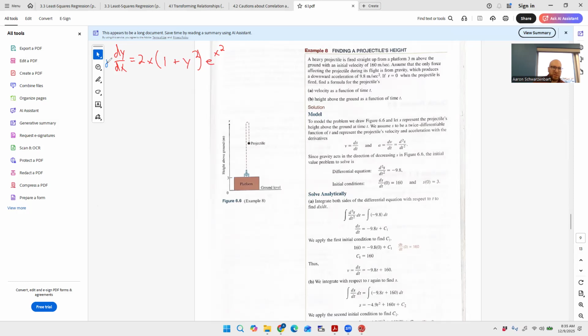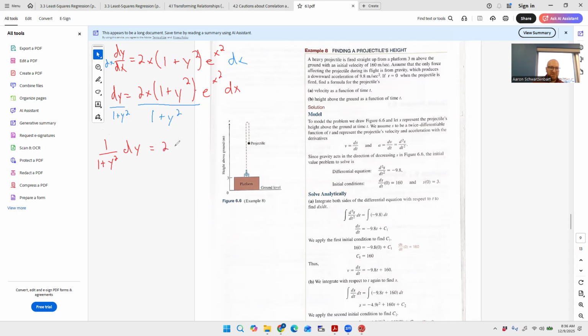So I'm going to start by multiplying dx to both sides, giving me dy equals 2x (1 plus y squared) e to the x squared dx. To move the y, I can't just move this y squared. I don't want to distribute, but I can move the whole set of parentheses. Does that make sense? That's a trick that's easy to forget about,